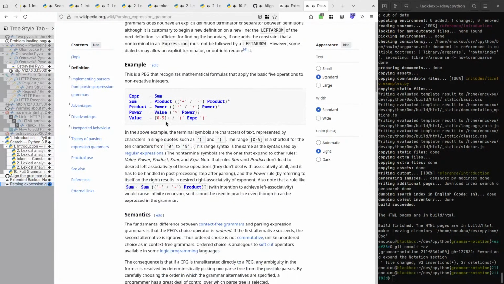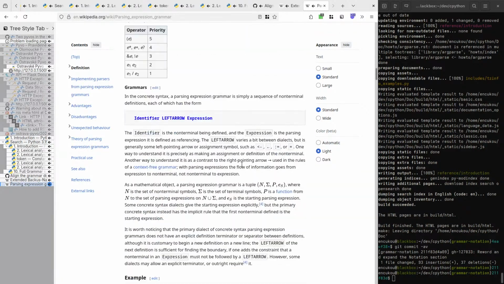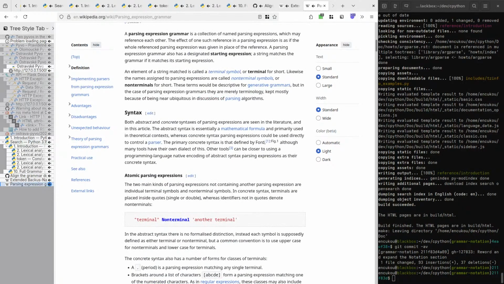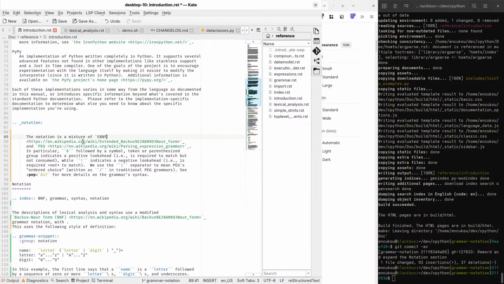But otherwise, what is this? Oh, it's a range, okay. Oh. Okay. So I guess it's fine to say this is a mixture of EBNF.